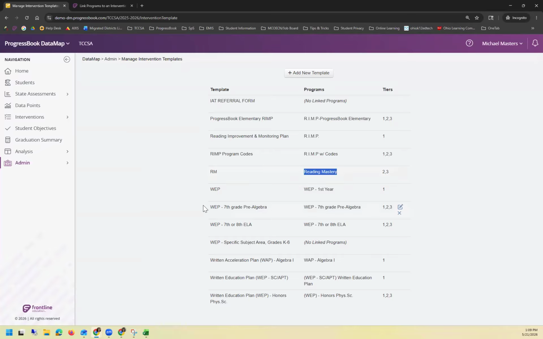And then you can see some, and again, we wouldn't be using these for WEPs. Most people are using same goal to create their WEPs. Again, this is outdated information, but this is associated with all 3 tiers. So it doesn't matter what's picked, it will populate the correct template. Okay. So I'm just going to edit this one, but if you wanted to create a new template, you would click on add. I'm going to go in to modify this one that we're working on and click on